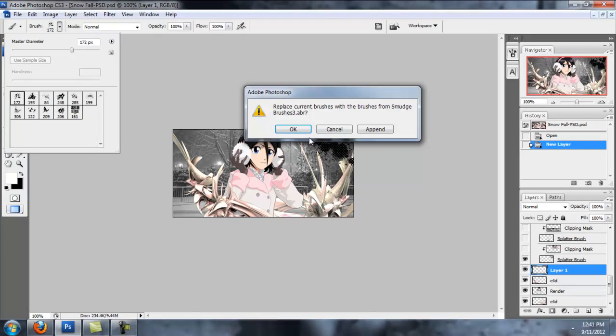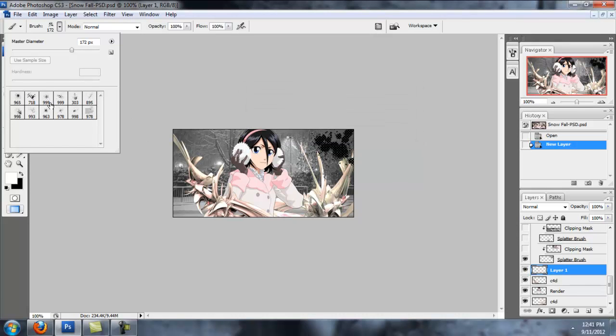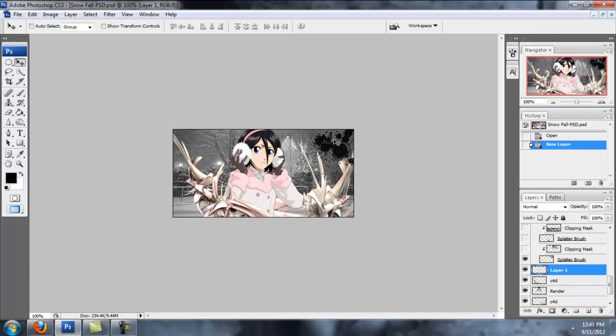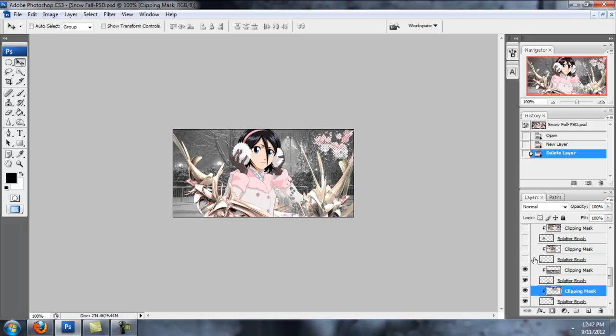I can't remember what brush set I used in here. If they're too big, you can resize them. Yeah, I did them in black. Anyways, so just brush your splatter. And once you do that, then hide it, create a new layer, clip it, and move it around. And that, of course, looks like that would be this area right here that I moved it to. Splatter some more, clip it, splatter some more, clip it,